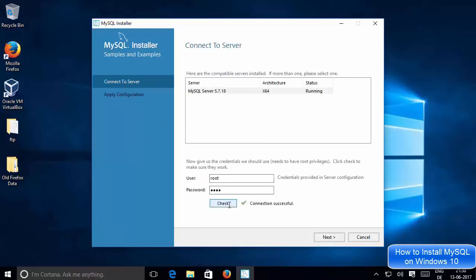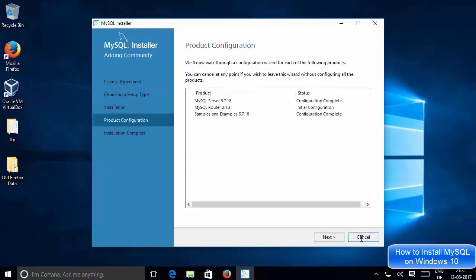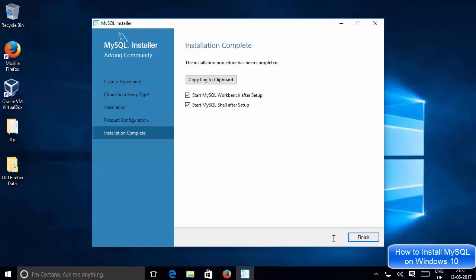And once it's checked, then I will click next, and then I will just say execute, and it will just finish the configuration step for that also. And in some moments everything will be done, and we will be able to click finish. So just click finish here, and then go to the next step,